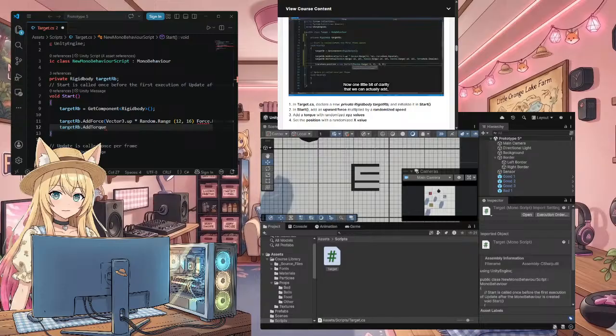Now, one little bit of clarity that we can actually add. So since we're not actually using a Z value here,